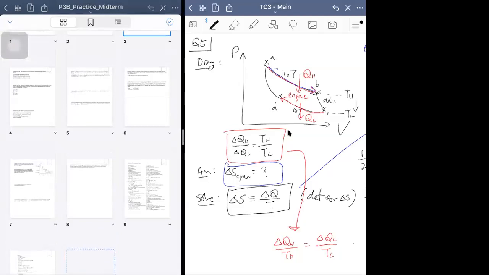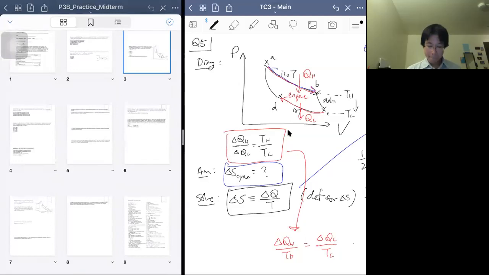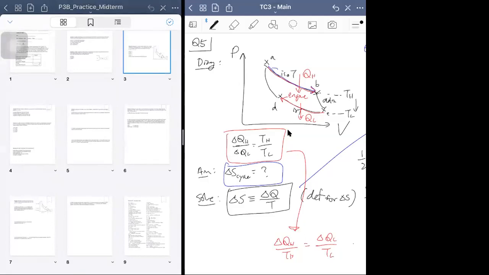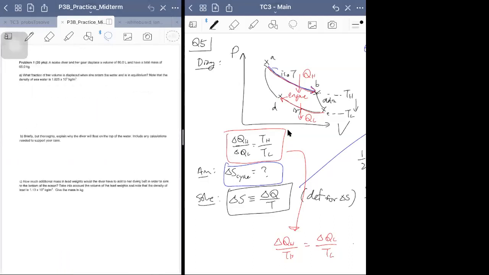Sunny, can I ask a quick question since I can't stay the entire time? Yeah, go ahead. So whenever you do a buoyancy problem, like you have a piece of wood, or in the case of this midterm where somebody jumps in the water, and they're asking you how much more lead you can add, or how many logs of wood you can add on a raft or something,